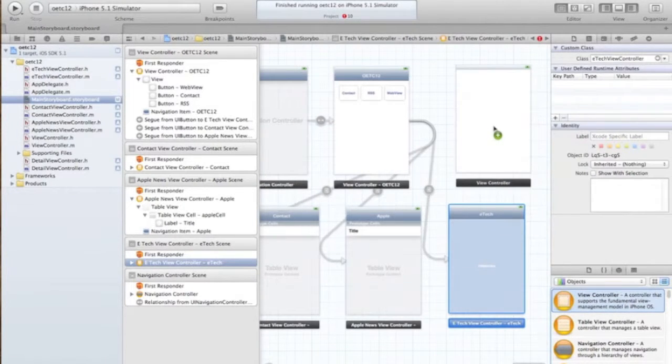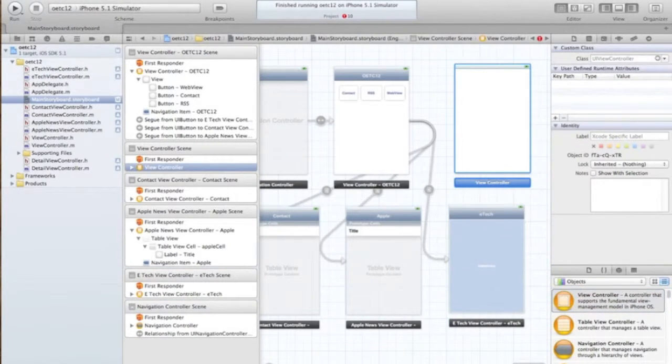Drag it up here. And in here we've got the label. We need to set a text view and a button similar to